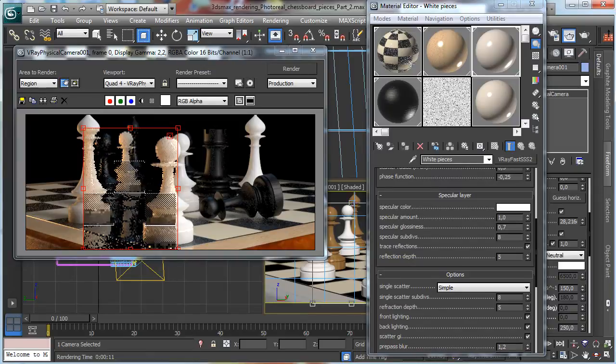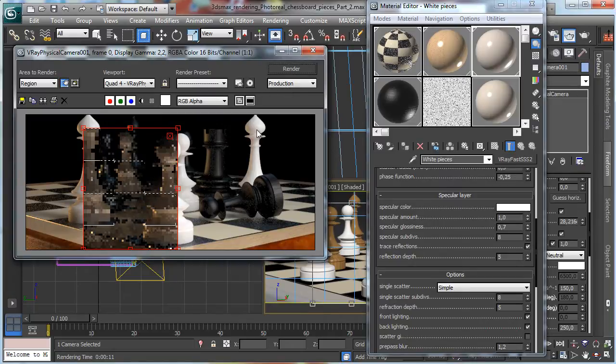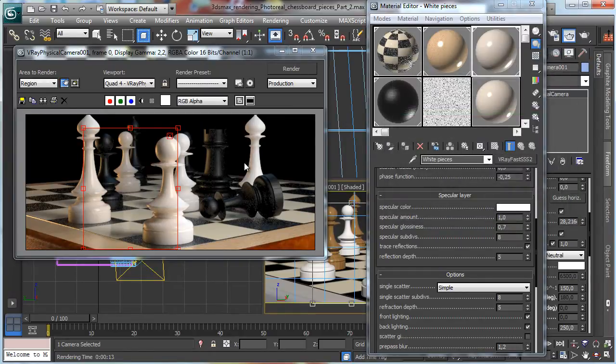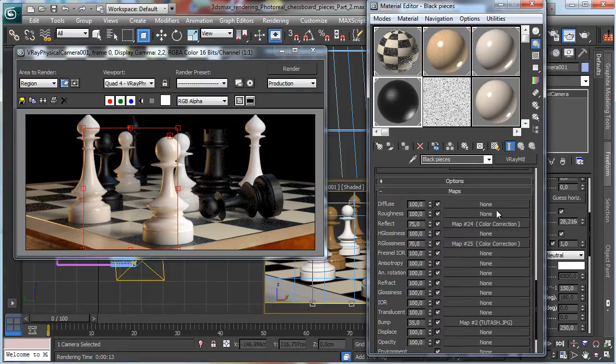Okay, it is becoming too slow, so we can remove it. And let's see how it looks. Okay, that's not bad. I like it. So we have the right stuff there. I'd like to change a little bit